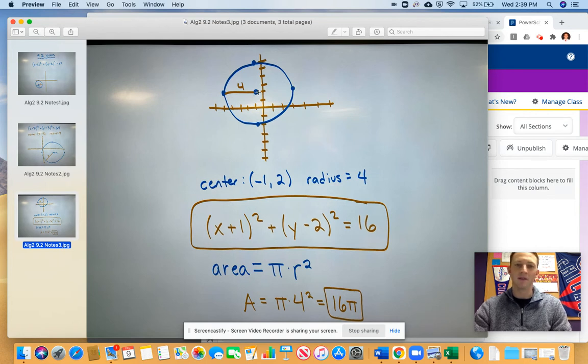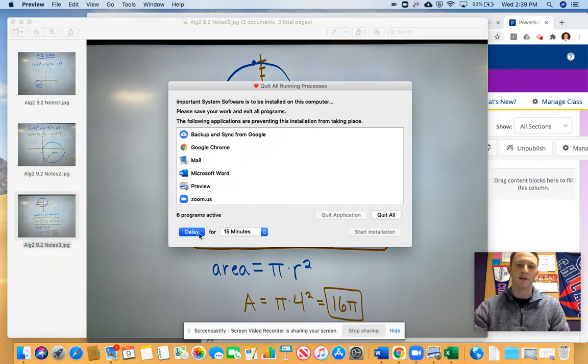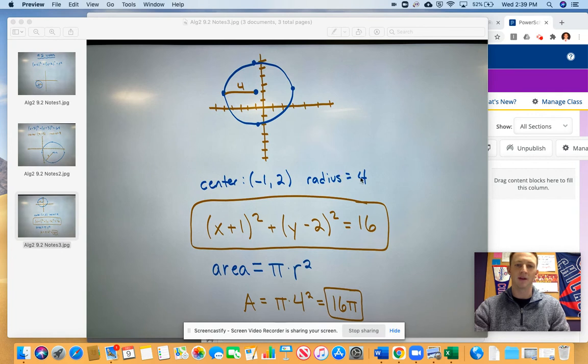And then if they don't give you the center even, if they give you 2 points, use the midpoint formula from right before break, and the midpoint would be the center of the circle. But here they're nice to us, and they give us the center, and they give us the radius, so let's plug it in. x minus negative 1 is (x + 1)², plus (y − 2)² equals 4 squared,